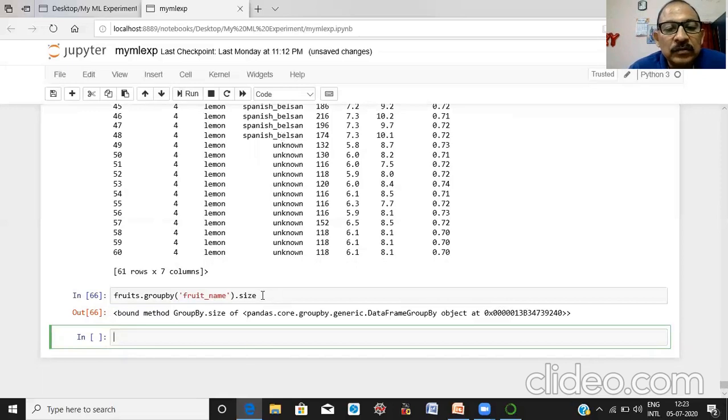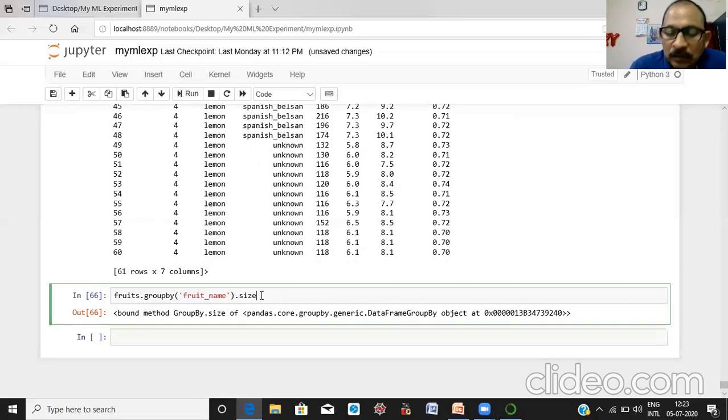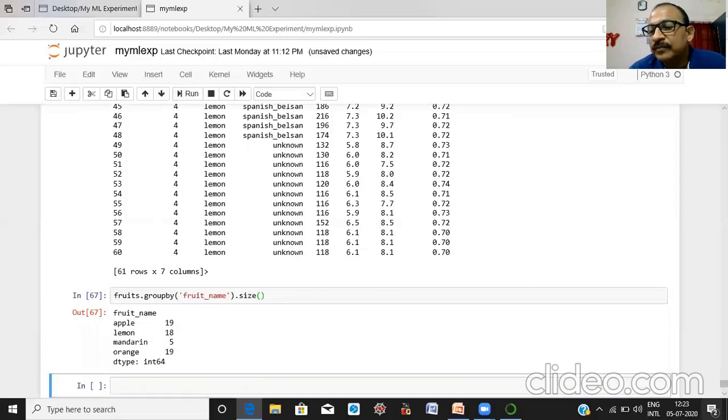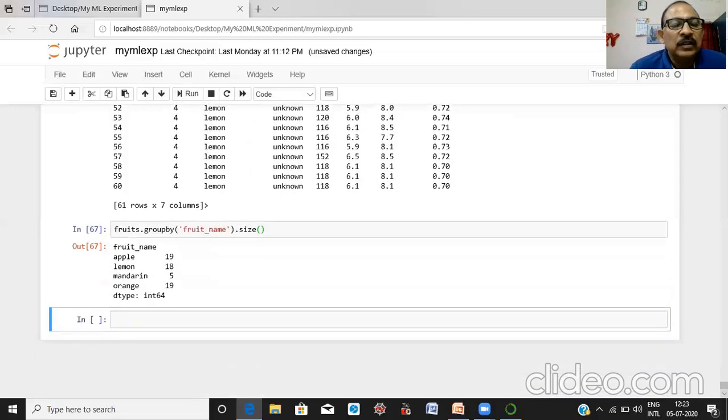So here is a mistake. Here, the fruit apple has 19 instances, lemon has 18, orange has 19, mandarin has 5 instances. So with the help of group by command, you can make a group on a specific variable.